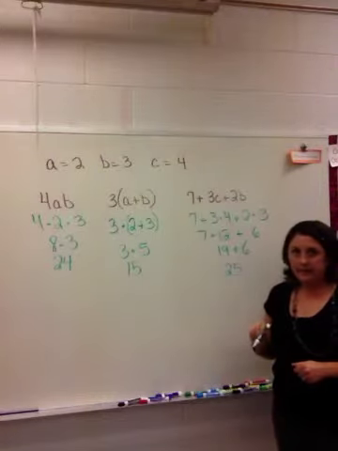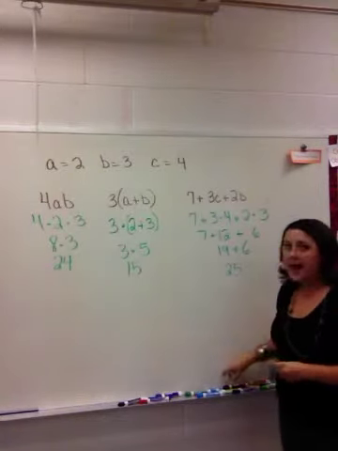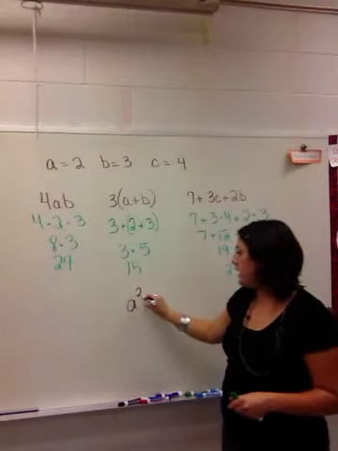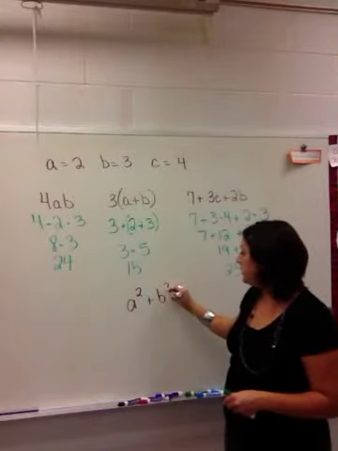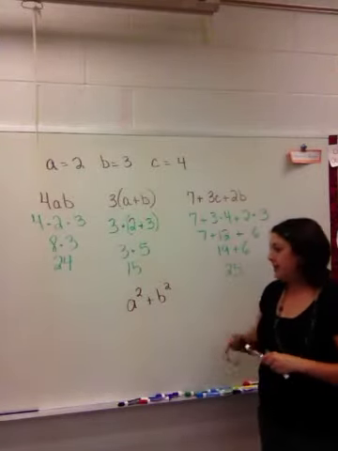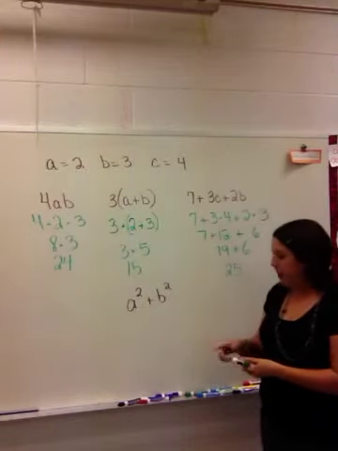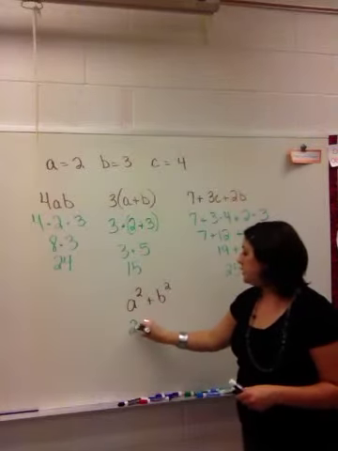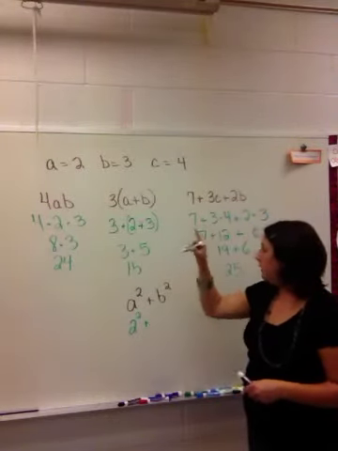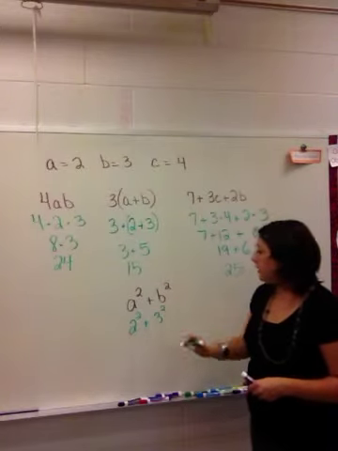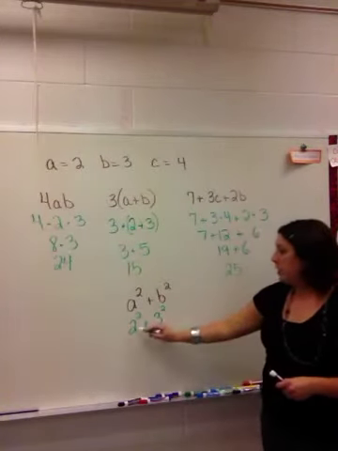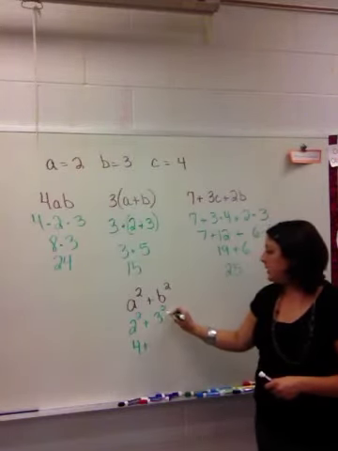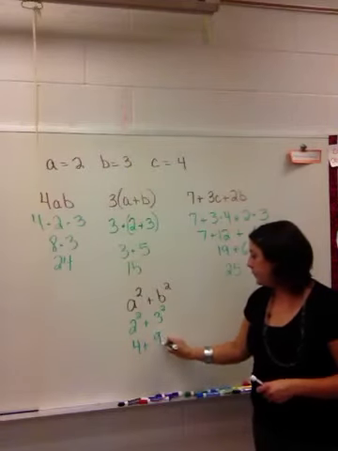The last thing that I have to be very careful of is if I have to evaluate an expression with an exponent. So let's say I have a squared plus b squared, or a to the second power plus b to the second power. Well, I know that my value of a is 2. So what this is representing is 2 to the second power plus 3 to the second power. Well, let's remember our exponent rules. That means 2 times 2, which is 4, and this means 3 times 3, which is 9,